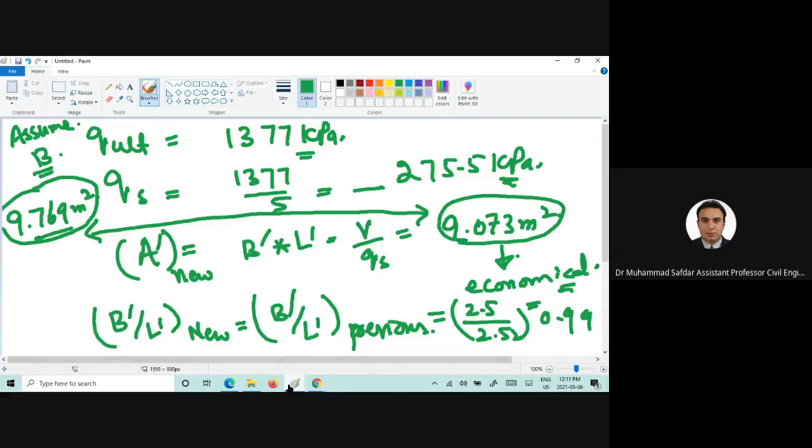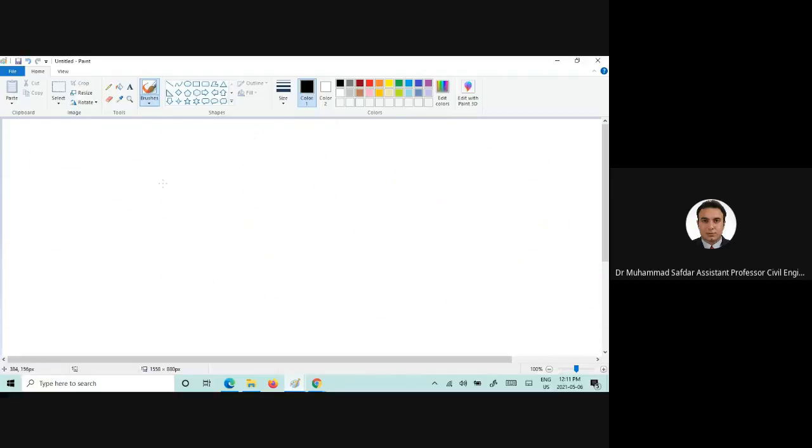Now we will solve for the B prime. If we solve for B prime, what should be the value of B prime and L prime, and also the B and L? I need these dimension values. Okay,